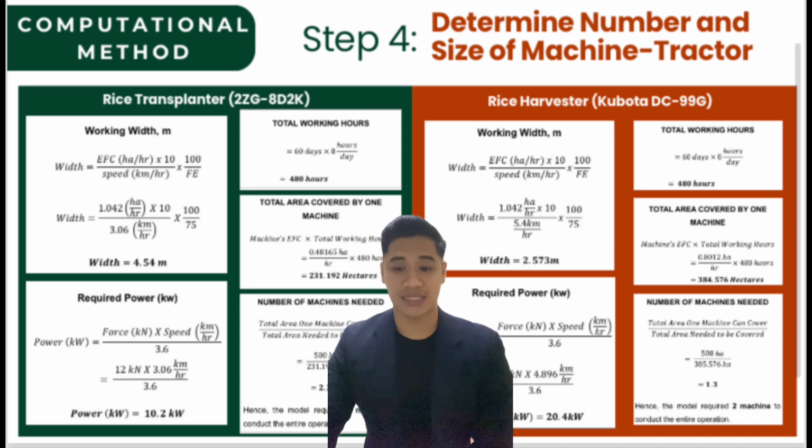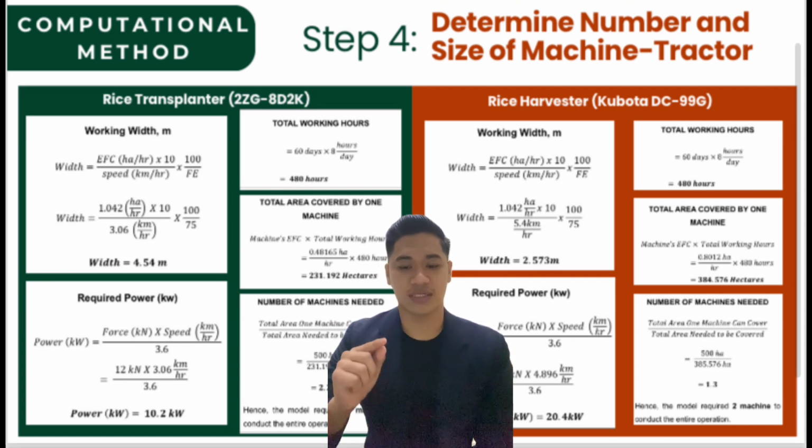The total working hours are still the same, which is 480. So the total area covered by one machine, with the EFC of 0.8012 hectare per hour times 480, gives us a total area covered by one machine of 384.576 hectare. So the number of machines needed for 500 hectare